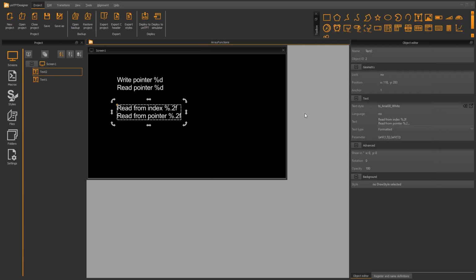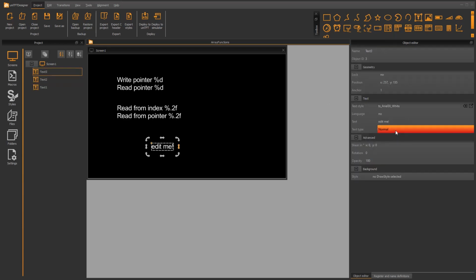Finally, we consider the possibility of statistical analysis. We output the minimum and maximum value as well as the sum and mean value. For this, we also place a formatted text.